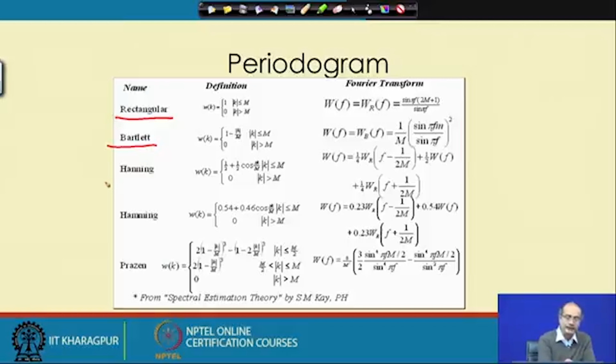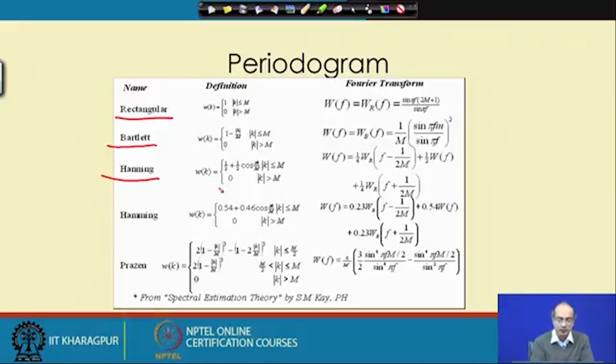Next we get the Hanning window. Instead of a linear decrease in the window value, again it is maximum at the middle, and I think